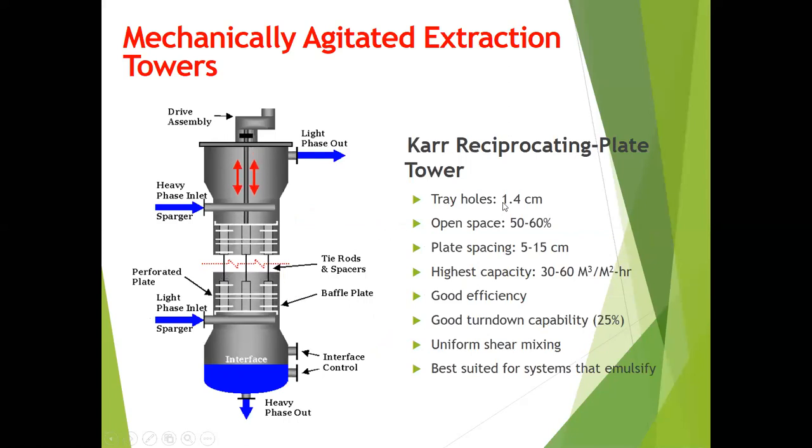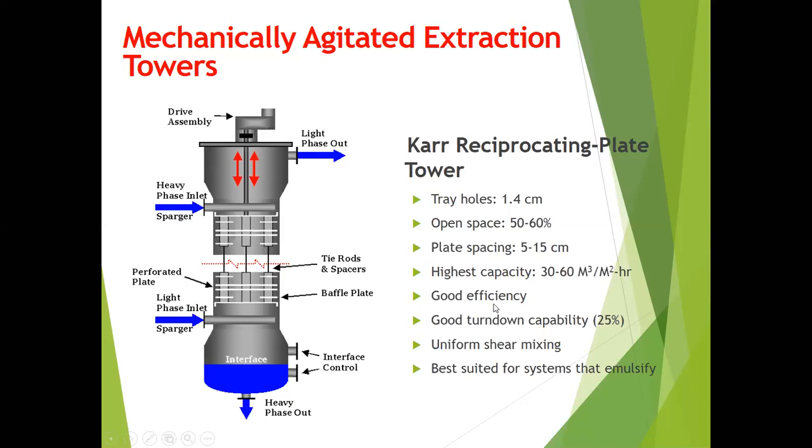So tray holes here is 1.4 centimeters in size. Open space is increased from 25% in the ordinary sieve tray tower to 50 to 60% of the tray area. Blade spacing also is increased to as much as 15 centimeters. Highest capacity for all extraction towers, so this is worth noting, 30 to 60 cubic meter per meter squared per